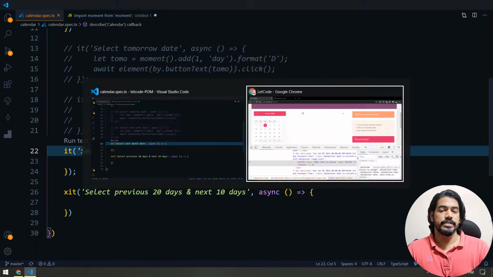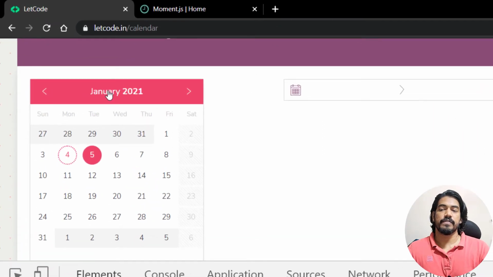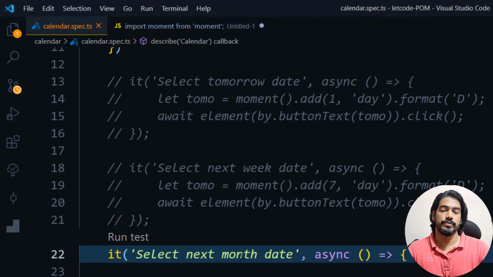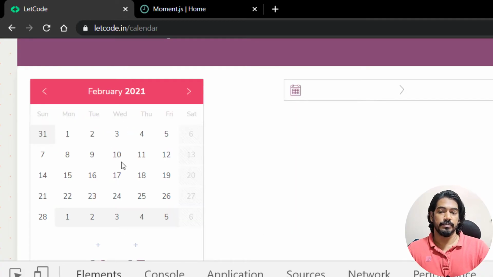So that's going to be very, very easy, but you have to understand based on the application of your calendar, the calendar application basically, right? So here we can see that we have to click on this January 1st, then it is going to pop up all the months. So for example, let's say that I have to click on the next month, right? So I'll just click on February, and then probably I will select the date, whatever the date it is, right? So 4 or 5, whatever the date we have to select, right?